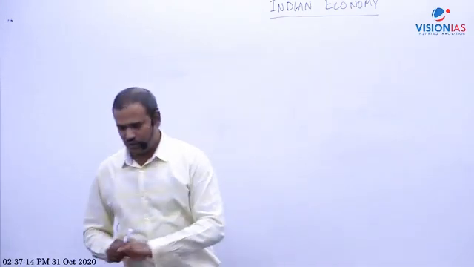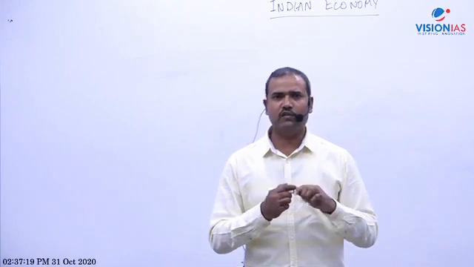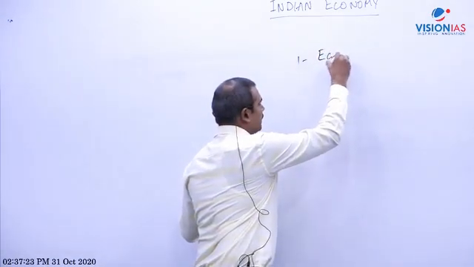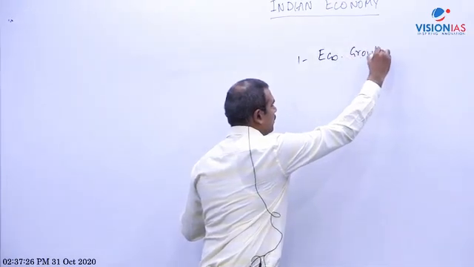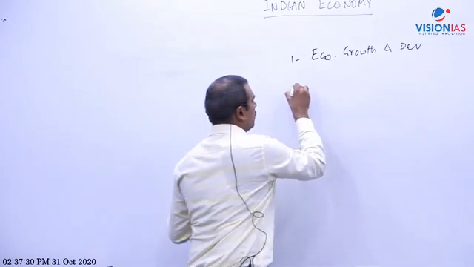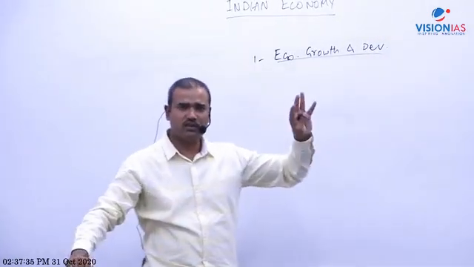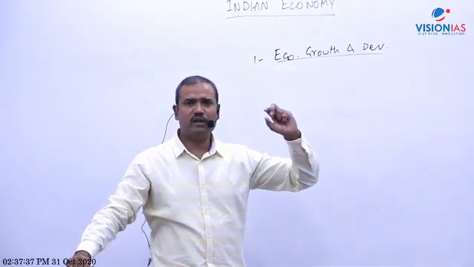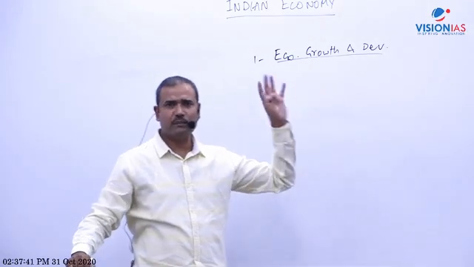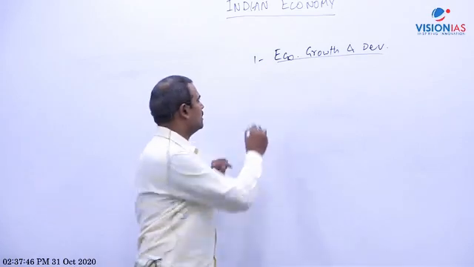Now, before initiating, I'll give you the list of topics which we will cover. I will start with the basic concept, that is economic growth and development. In this chapter, I will discuss what is economic growth, what is economic development, what is inclusive growth, how they are related, human development, human resource development, and how we measure economic development, like various indices: human development index, hunger index, poverty indices, happiness index, etc. And factors which affect development. So, growth and development concept.